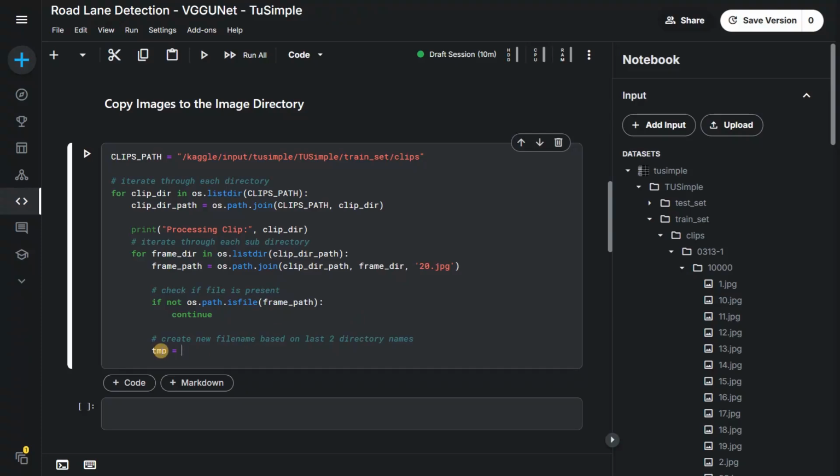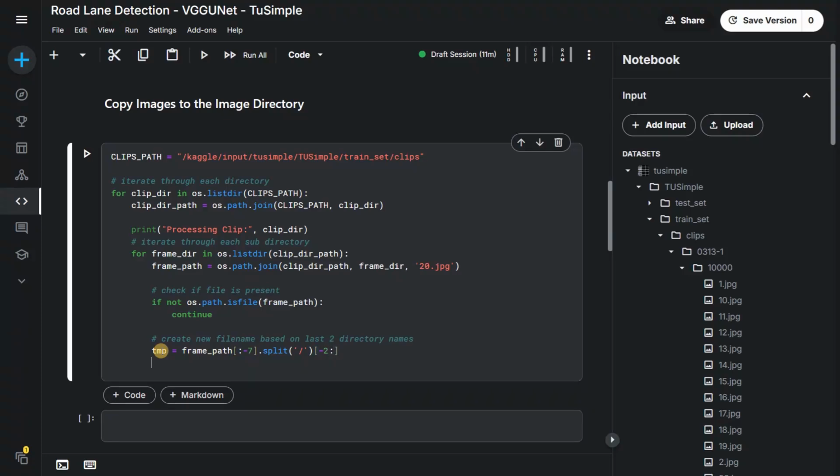So temp equals frame path minus 7. We are just removing 7 characters, and dot split of slash. Then I will just take the last two directories, so minus 2 colon, then new file name, format of